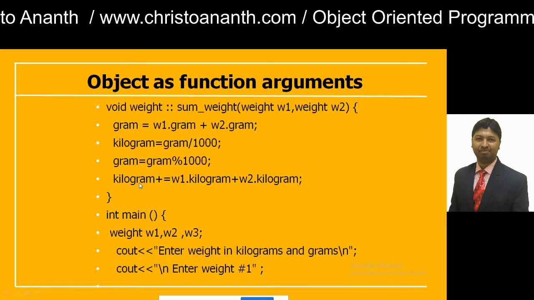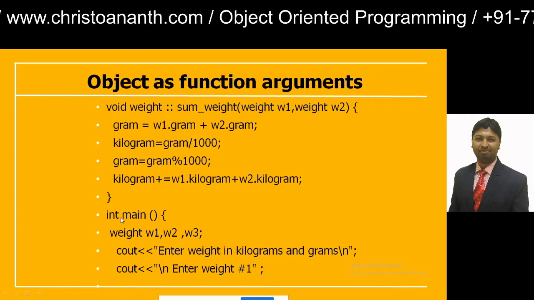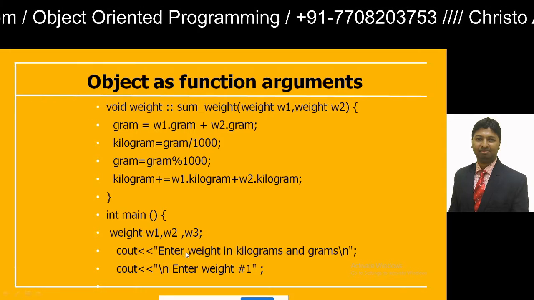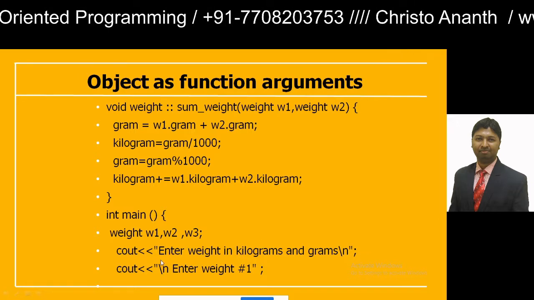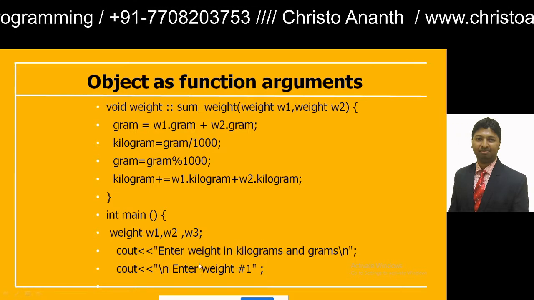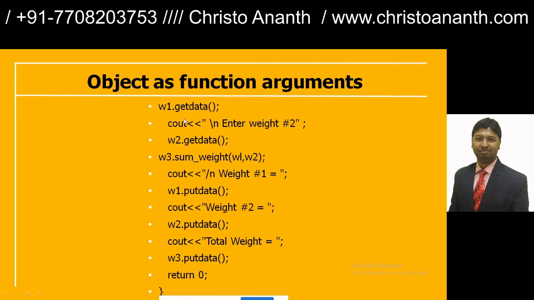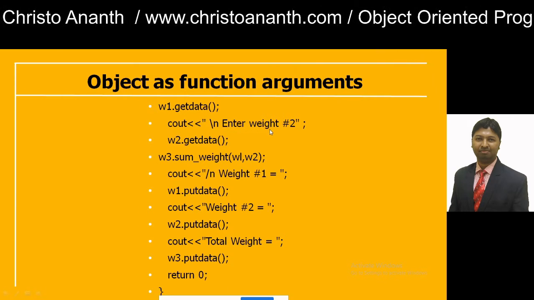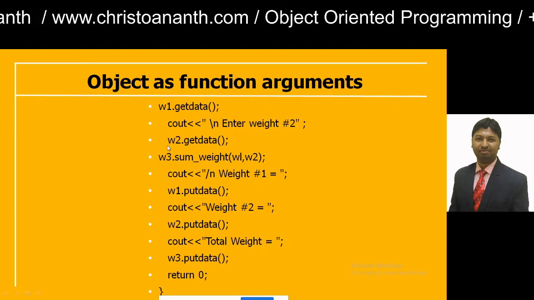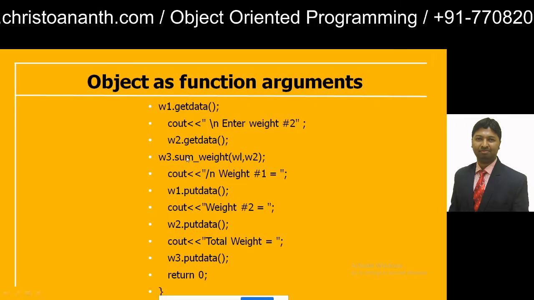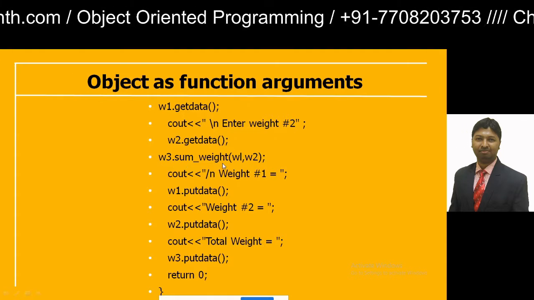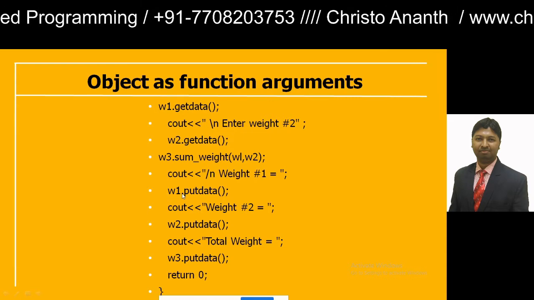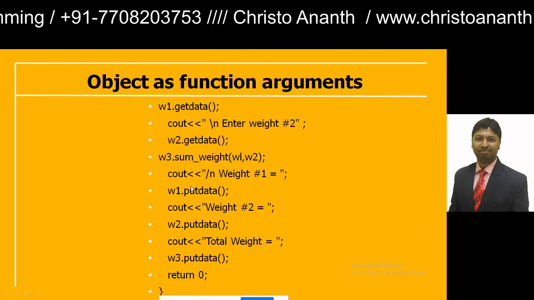Then kilogram equals kilogram plus w1.kilogram plus w2.kilogram, so this is the total kilogram. Then you go to the main function with Weight w1, w2, w3. Here you cout 'Enter weight in kilograms and grams', and first enter weight #1, with w1.get_data to input it. Then cout 'Enter weight #2' and w2.get_data. Similarly w3.sum_weight(w1, w2). Then cout weight #1,